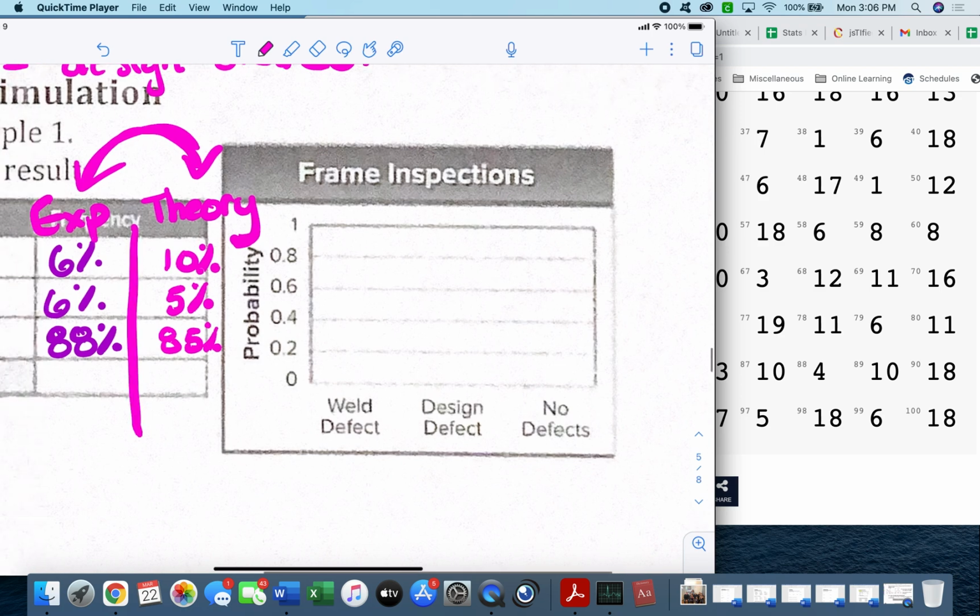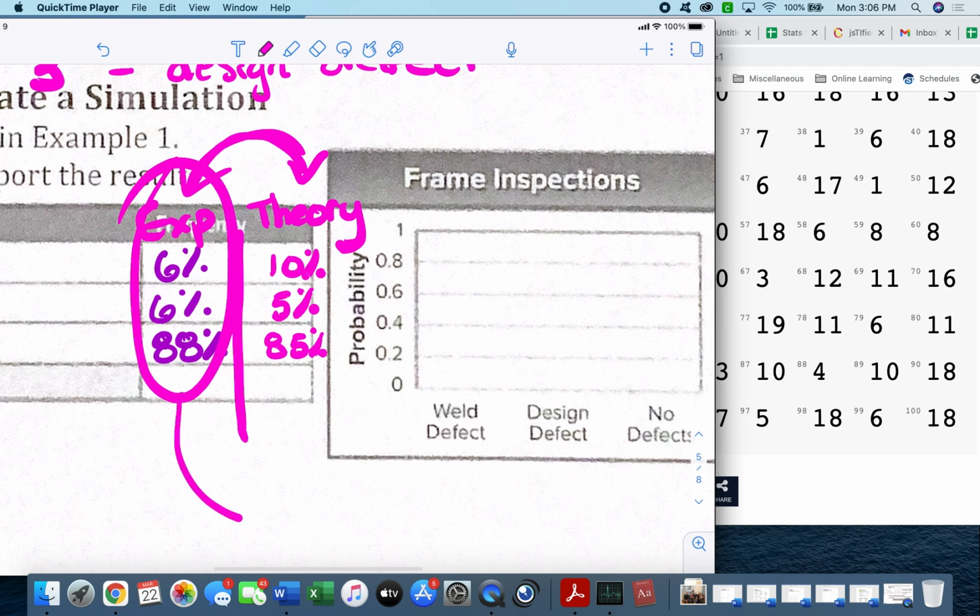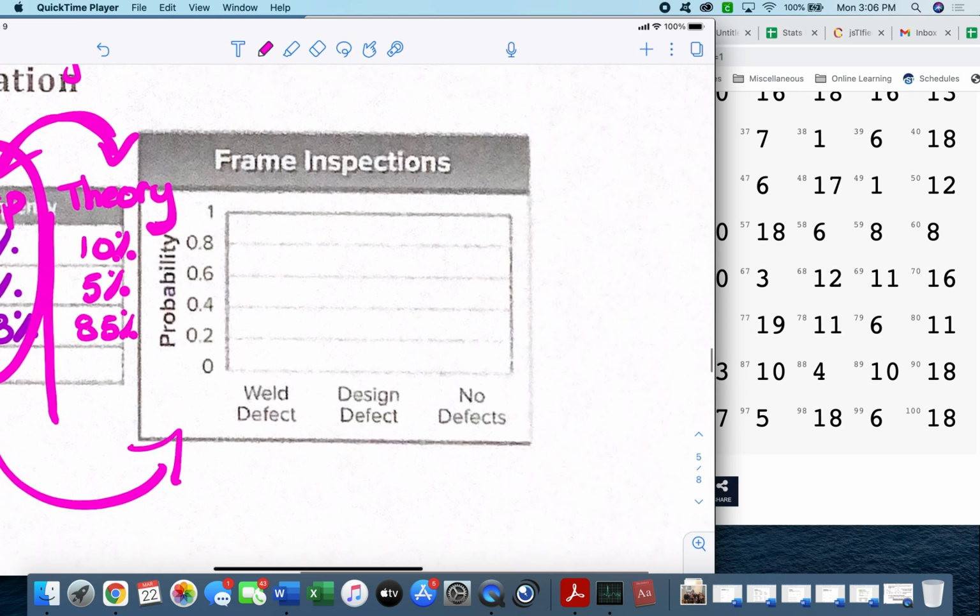But anyway, so let's graph our experimental ones on this chart over here. So weld defect, we had 6%, not 60%, 6%, which is going to be like all the way down here. Less than 0.1, right? You know who Design,